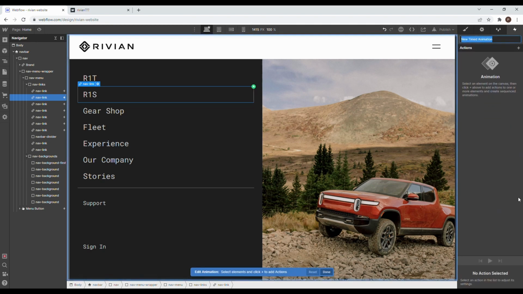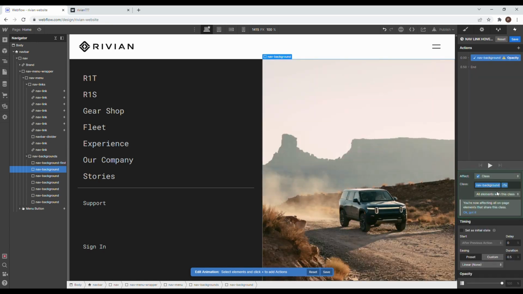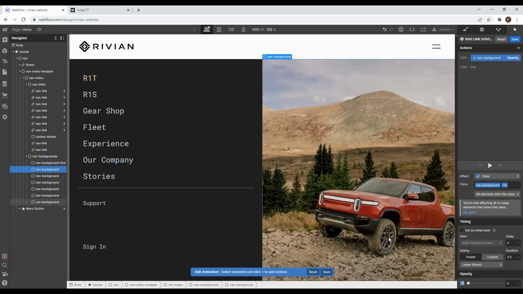Okay, I'm gonna call this nav link hover out, and we're gonna use the same thing for all of the nav links. So here's what we're gonna do. We're gonna grab any element of the nav background class and set the opacity down to 0. The reason this works is that when you hover on any of those links, as soon as you hover out, all of the elements with the class of nav background,